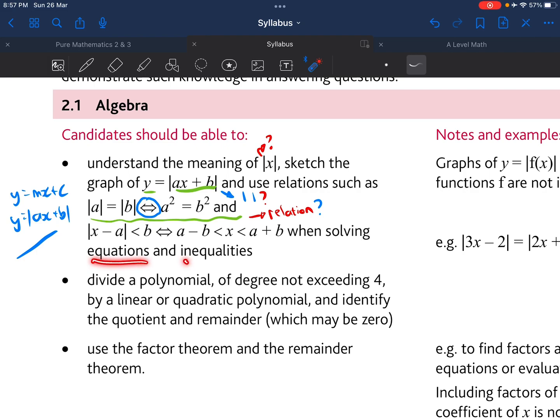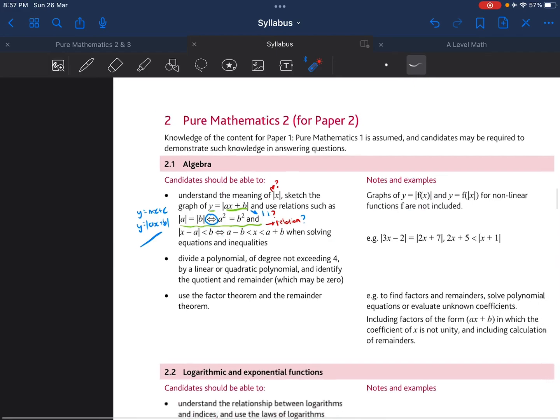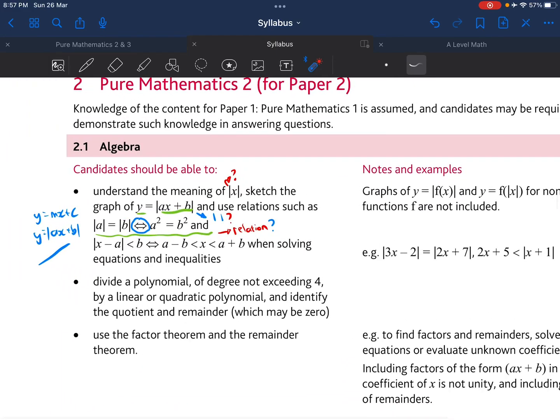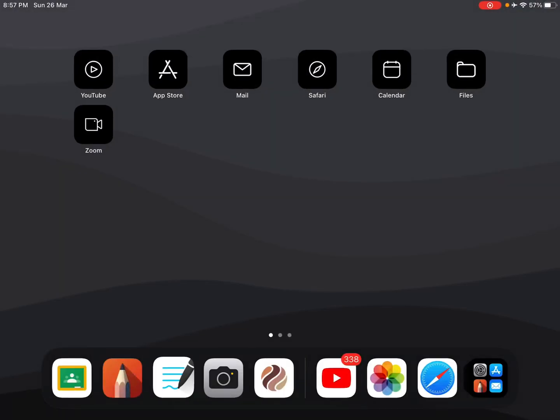inequalities. Okay, we know what equations and inequalities are. Divide a polynomial. Let's say I have no idea what a polynomial is. I just put that there. Linear, quadratic, polynomial. Identify the quotient. So you just go through the words. And now that you have that, so as not to waste time, because the next instruction on the assignment,